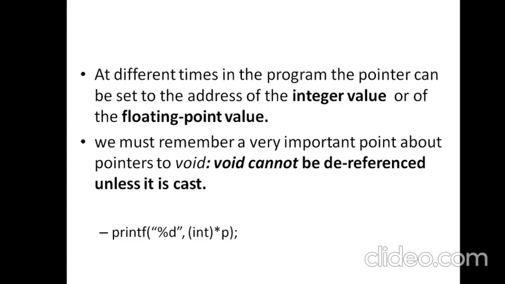But the implementation of a void pointer is done in such a way that you have to do typecasting when you want to retrieve the value. When you want to retrieve or dereference the value, typecasting is a must, otherwise you will see an error message. So here I'm typecasting it to integer, so that it prints the value at the address being pointed to by this particular pointer.